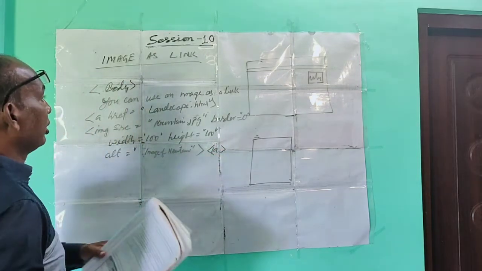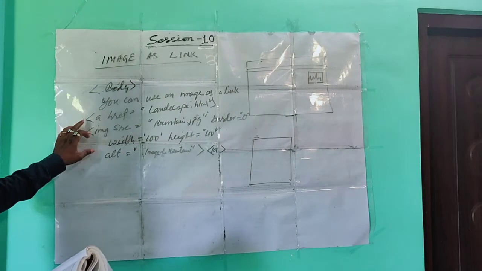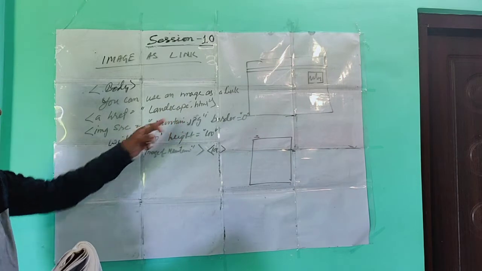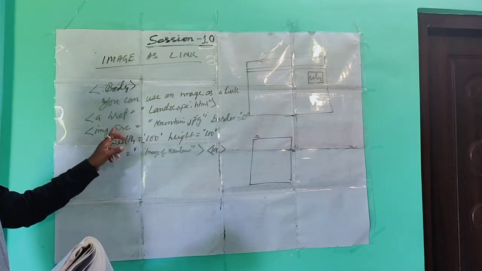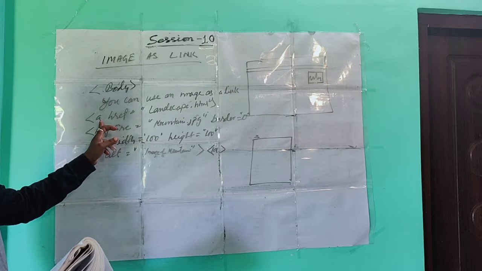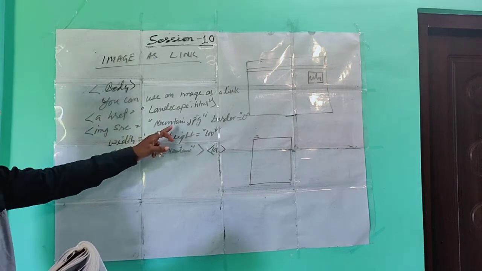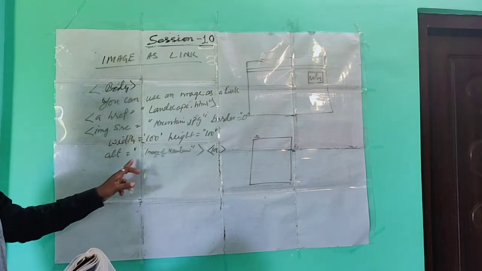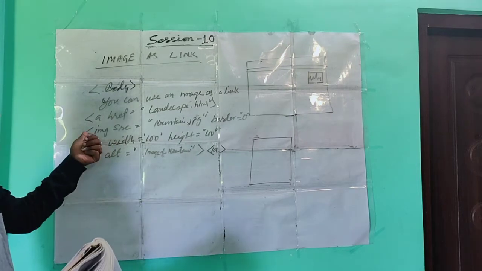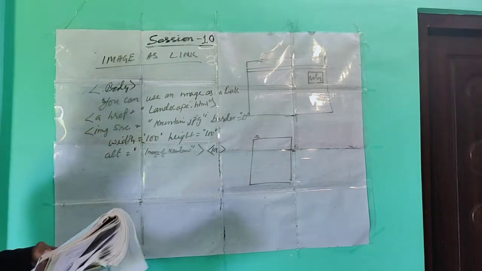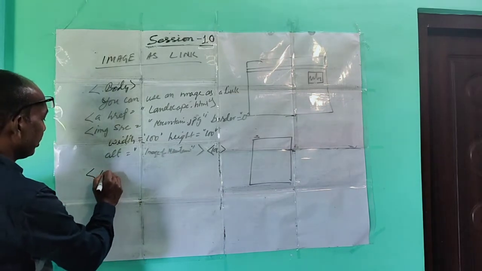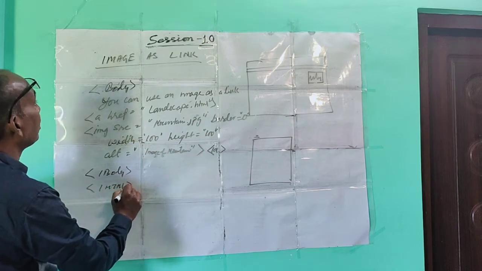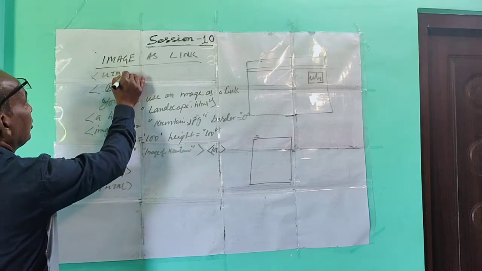Don't close the anchor here because this whole part is a single tag. See here, A is open, anchor is open, href landscape.html. The image source must be given within the anchor tag, otherwise it will not link with the pages. img src mountain.jpg, border equals to 0, width equals to 100, height equals to 100, ALT image of mountain, tag close for this tag, and here anchor close for this anchor. After that, body close, then close HTML. So this is a program.